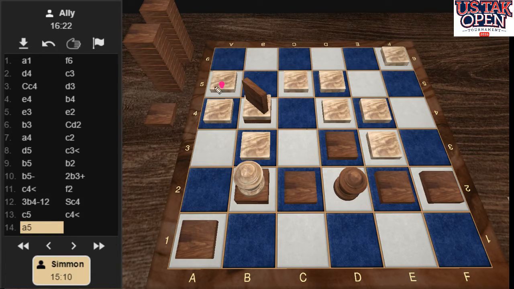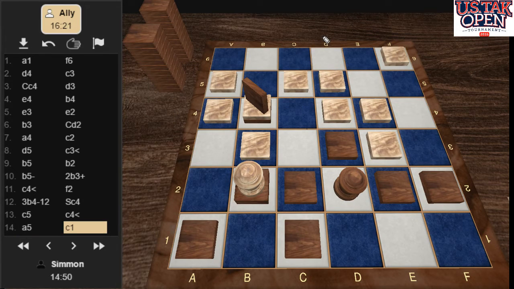All right, an A5. So Ally just continuing to want to just build around that wall, which is probably a good move here. I'm feeling like for Simmon, the spread of this over this direction is probably pretty good. Leaves a black piece here, leaves his wall on top of here, with the ability to then capture up and sideways. Really just continuing to throw problems into